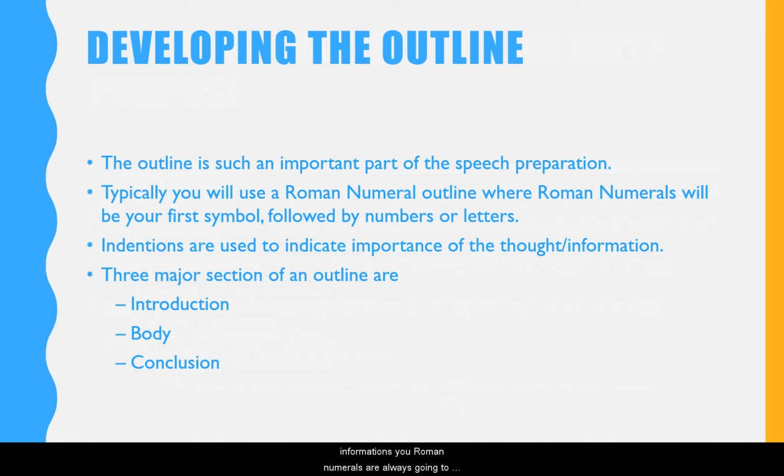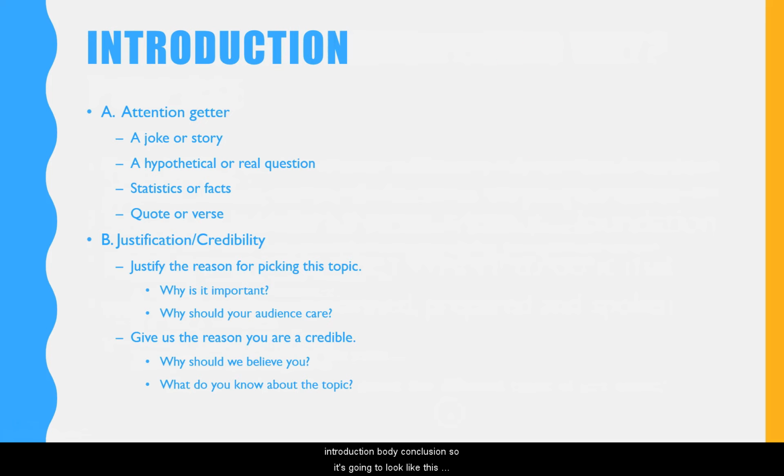So your Roman numerals are always going to be the furthest to the left, and then indented under that is going to be the next thought, and then indented under that would be the next thought. So there's 3 major sections of an outline: an introduction, body, and conclusion. So it's going to look like this. Your Roman numeral is going to be 1, and that will be introduction. And then under that you'll have